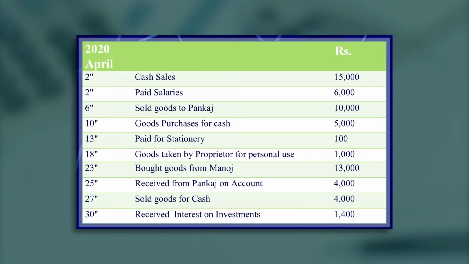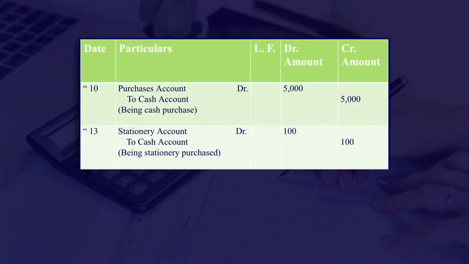Then the next one is paid for stationery 100 rupees. So, here we have paid 100 rupees for stationery. So, here two accounts are affected, cash account and stationery account. Cash account comes under real account and stationery being an expense for the business will come under nominal account. So, therefore, here again we will apply the rule of real account for cash and rule of nominal account for